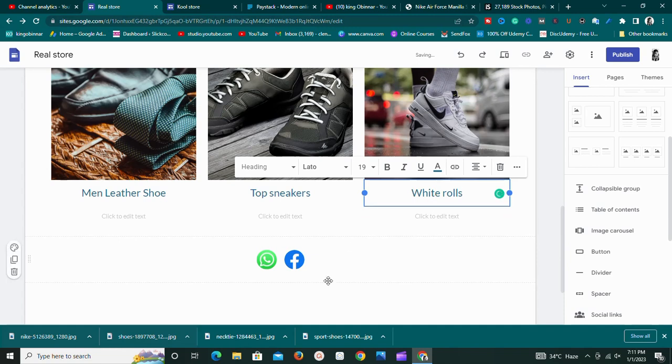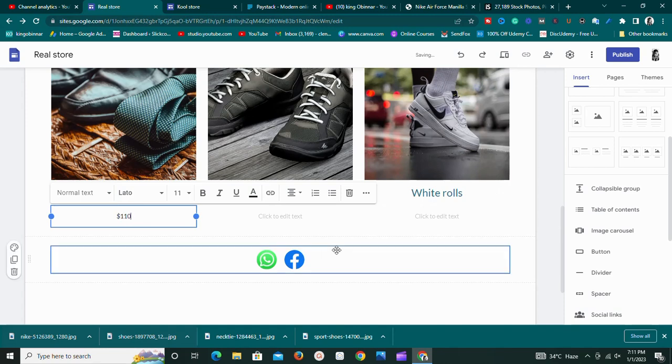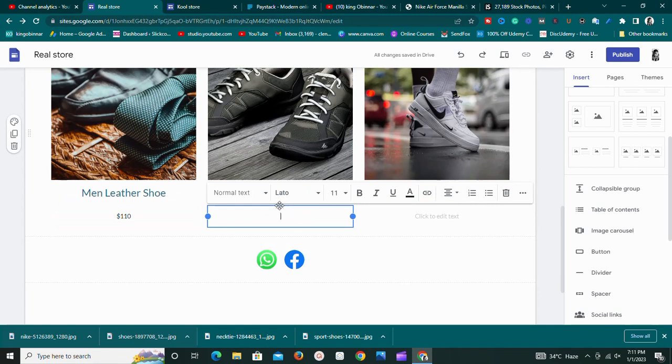Yeah, so these are just demo stuff. So right now I need to give the price. So just say for this one, let's say this one is going for $110. Let's say this one is going for $150, and let's say this one is going for